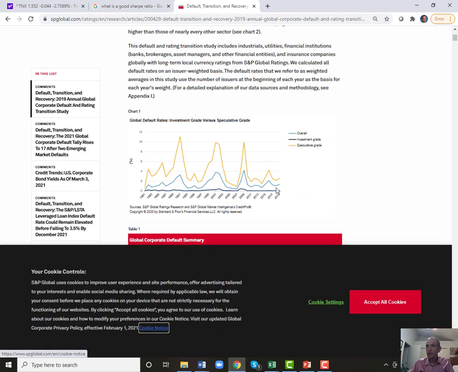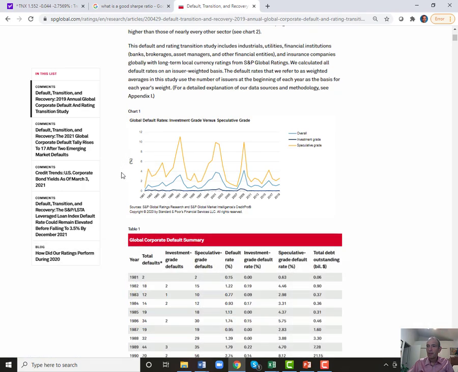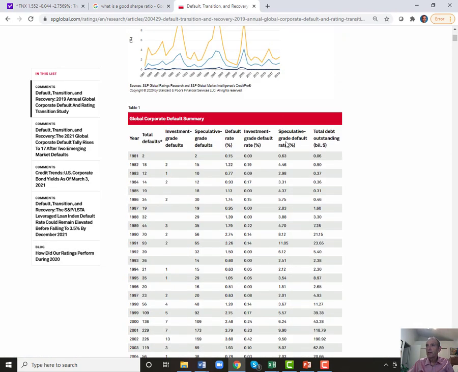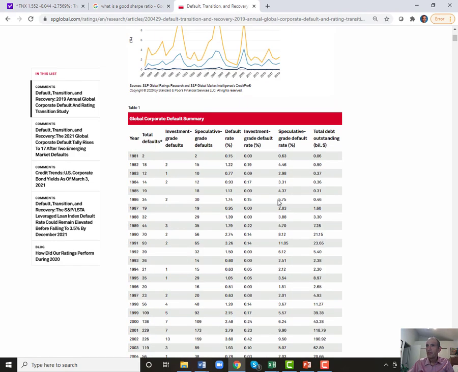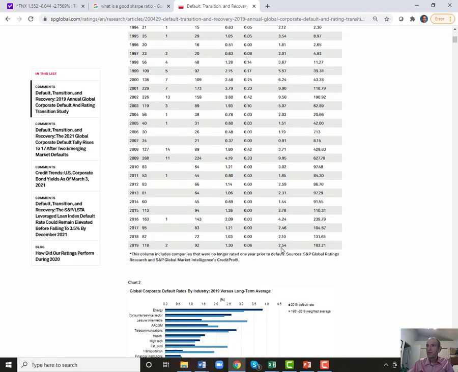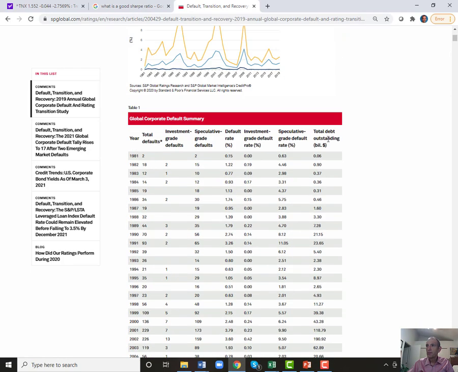We don't have 2020 yet, so it's hard to know what 2020 would have done. But then they give you the annual data, speculative grade. It's the 91. You can see a huge year. In 2009, you see a huge year. Actually, the biggest year on here was 1991. But you see them, and they show